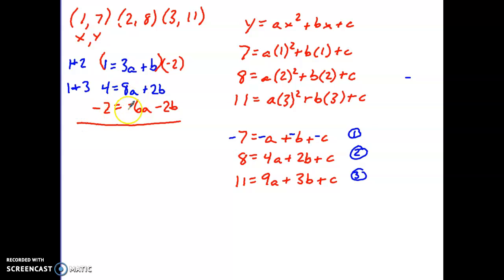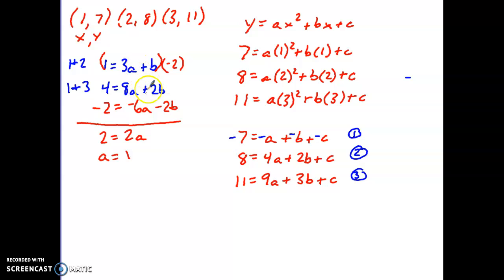And now when I combine these 2 equations, 4 minus 2 is 2. 8a minus 6a is 2a, and the b's cancel each other out. And then I just have to divide by 2, and I get that a equals 1. I've solved for a, now I need to solve for one of the other variables, so I come back up